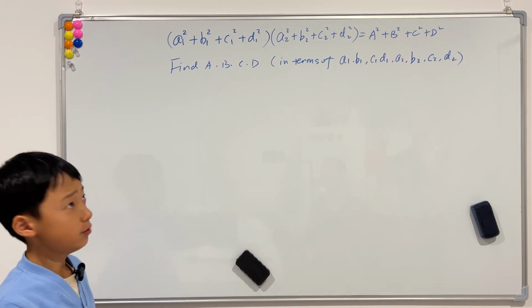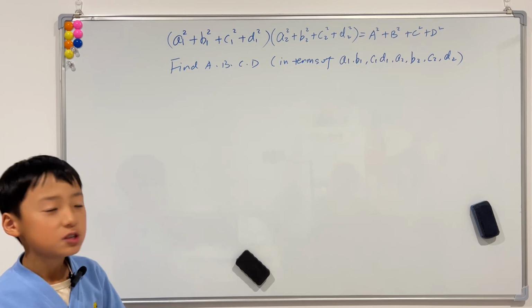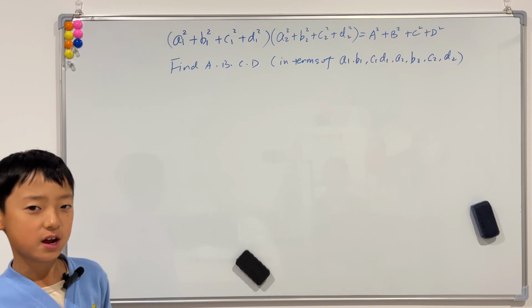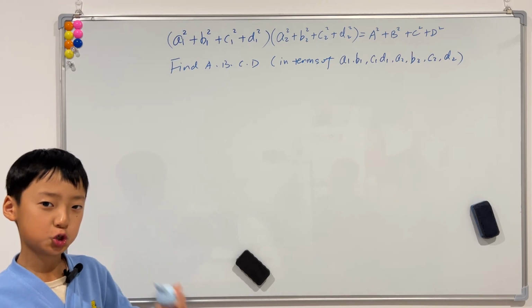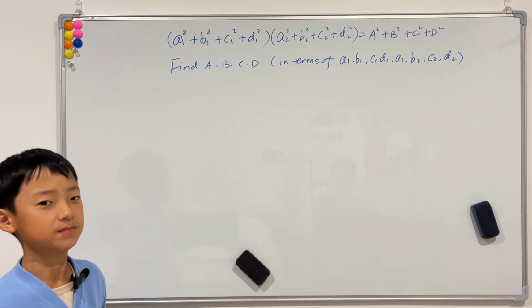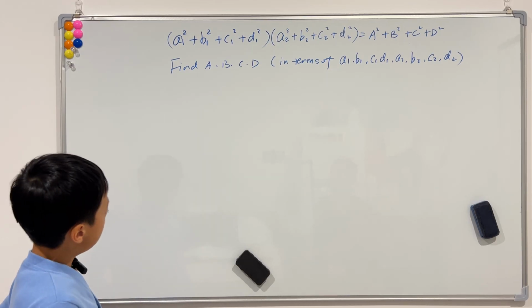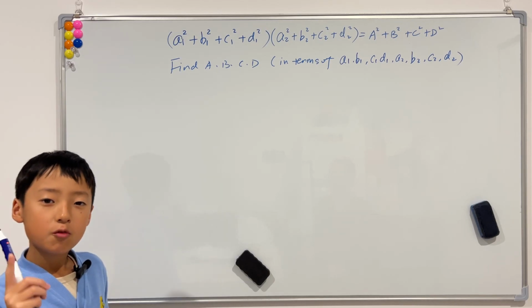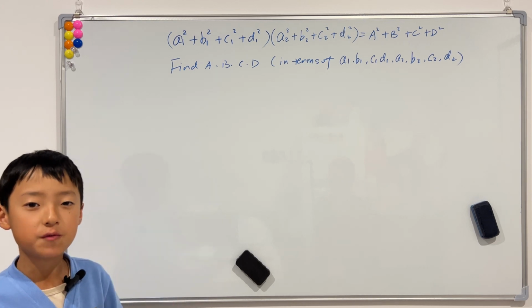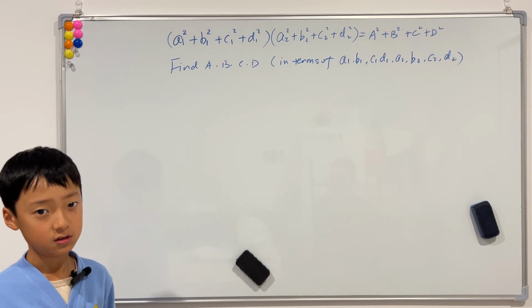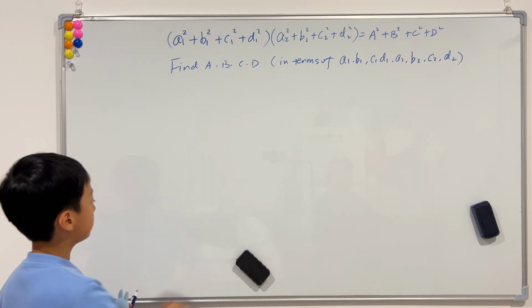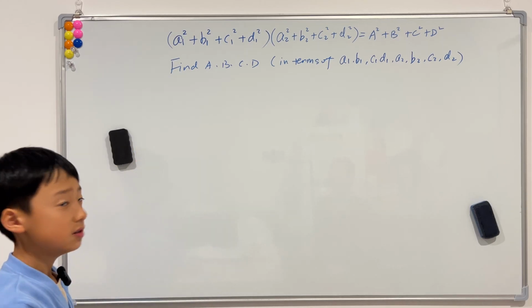Well, one way is, theoretically, we can just unpack the whole thing and then try to make 4 squares, but theoretically this should work. But that's not what we're going to do because that is a bit silly. Remember, when we're dealing with super hard math questions that seem like they cannot be solved, we always go to the simpler cases. One of the simplest cases is when there are only 2 terms. So when there are only 2 terms, then it'll be